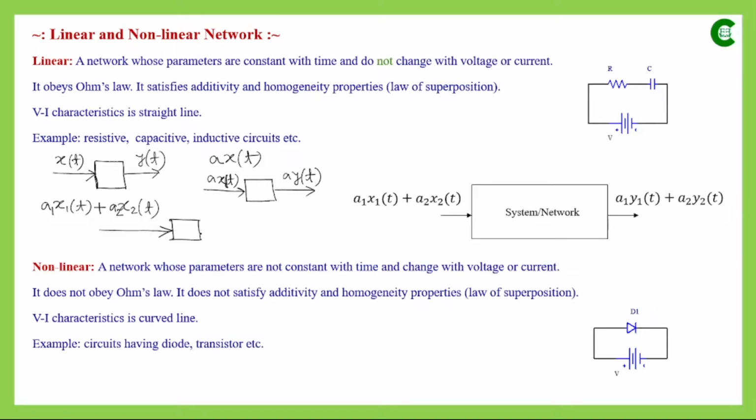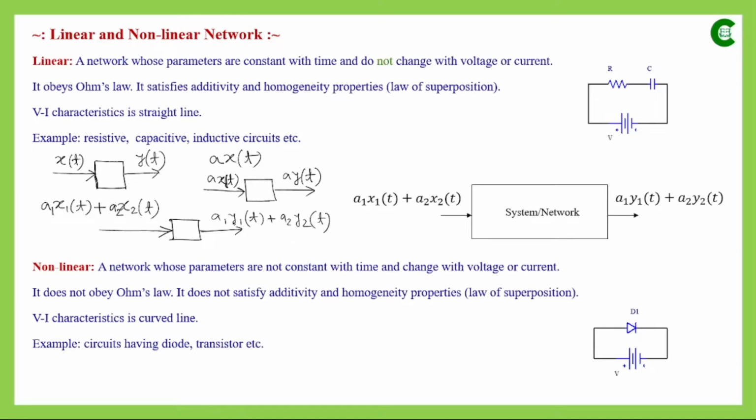Now if we send this combined input through the network, and as output we get a1·y1(t) plus a2·y2(t), then we would say that this network is a